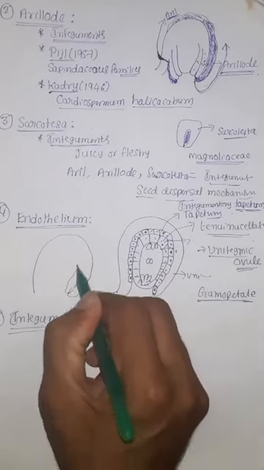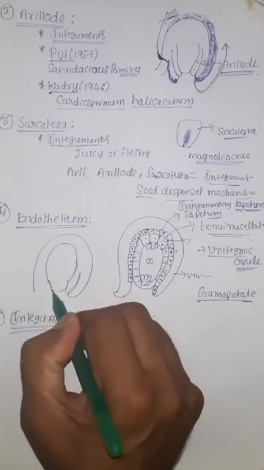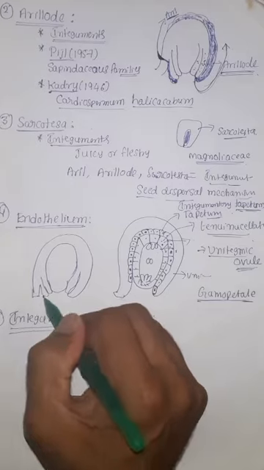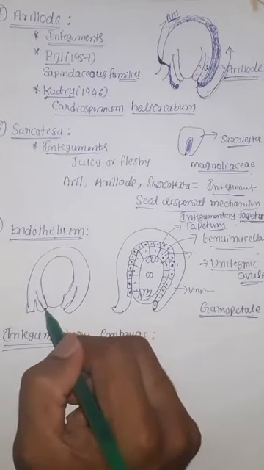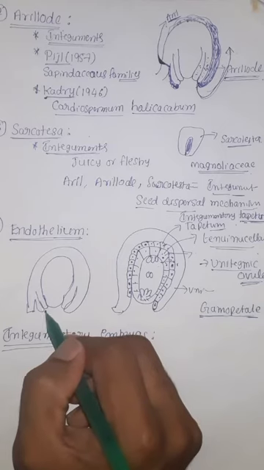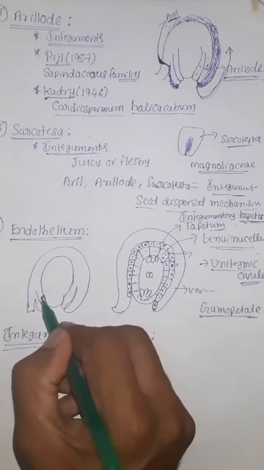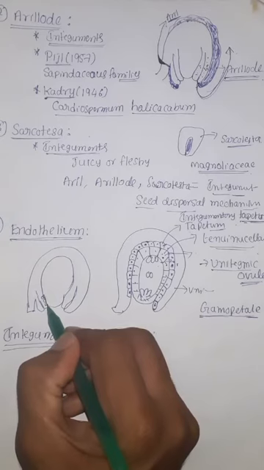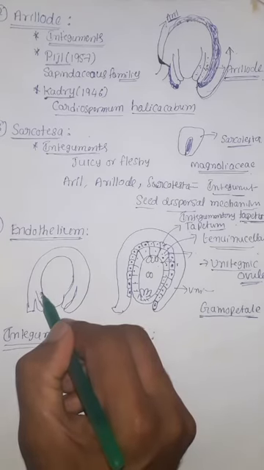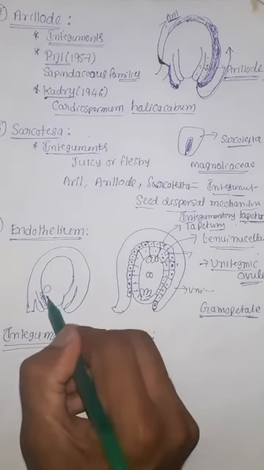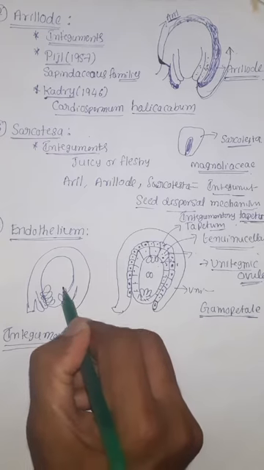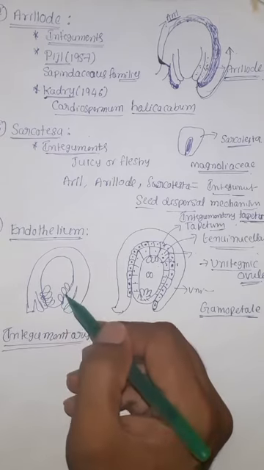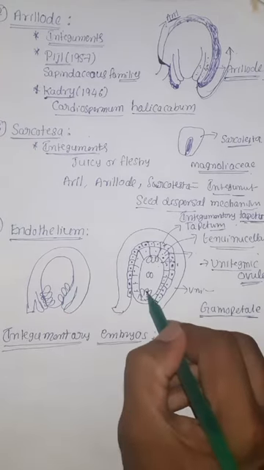Again, this is the ovule, this is the megasporangium. Here the inner integumentary cells near the micropyle give rise to embryos, meaning some cells near the micropyle are giving rise to some embryo-like structures, like this. It may be one or two or three. Usually, from where does the embryo develop? From the egg cell.